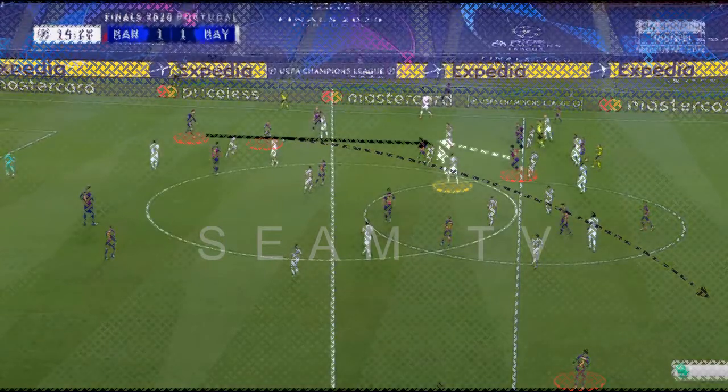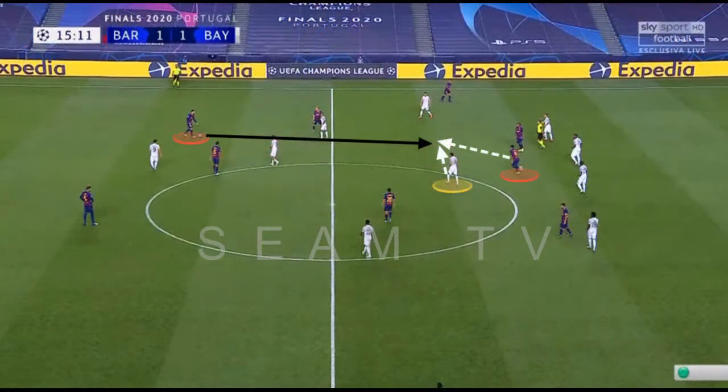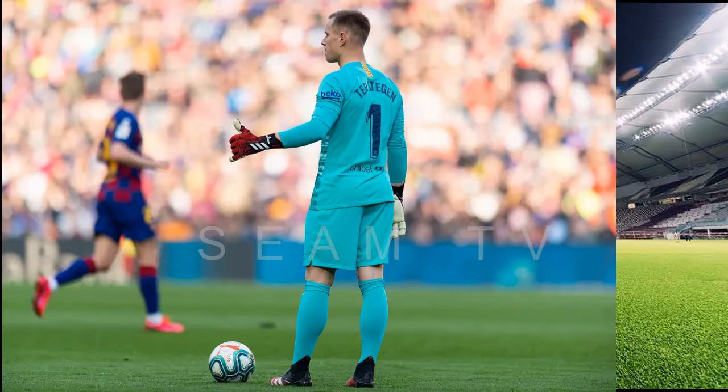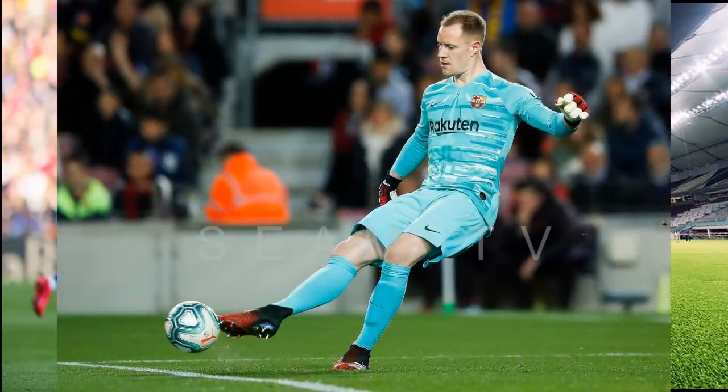With Lenglet's lost confidence in switching the play, he opted for shorter passes in the central corridors to progress the play and played into Bayern's hands. Bayern tormented Barcelona with their high press, making Ter Stegen, who is so confident and efficient on the ball, look like a puppet. The Bavarians forced Ter Stegen to pass the ball where they wanted him to pass,